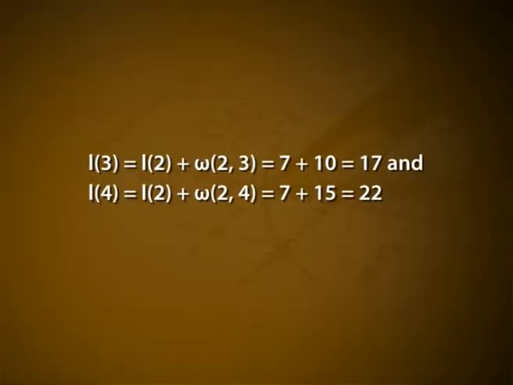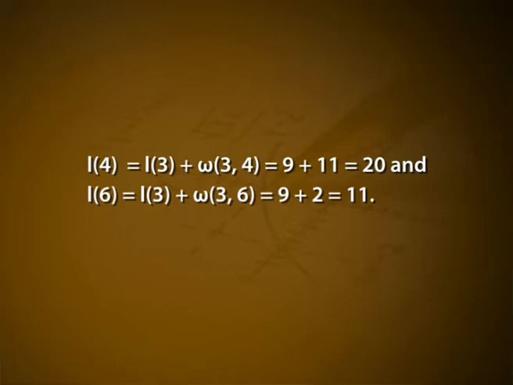Now we go to the third step. We can reach the vertices 3 and 4 from 2. So we calculate L(3) = L(2) + W(23) = 7 + 10 = 17, and L(4) = L(2) + W(24) = 7 + 15 = 22. But 3 is reachable directly from 1 in the second step with a weight of 9. The minimum of the values 9, 17 and 22 is 9. So we temporarily fix the direct path from 1 to 3. Thus, at the end of the third step, we are at the vertex 3 and L(3) = 9.